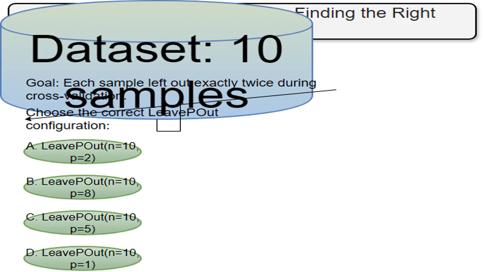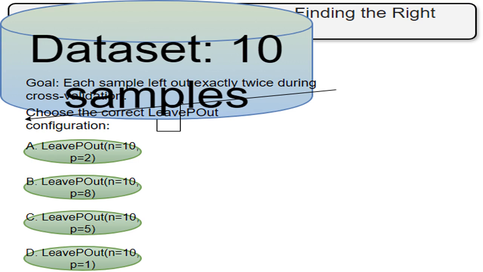The dataset for this problem consists of 10 samples. This is a key parameter in the function. Understanding this fact is crucial in determining how the function will split the data into training and testing sets and how frequently each sample will be left out for testing. Think of these 10 samples as your experimental units. Perhaps you're studying 10 different types of plants and measuring their growth, and the model aims to predict growth based on other characteristics. In this case, the question involves figuring out how to ensure each plant is left out twice